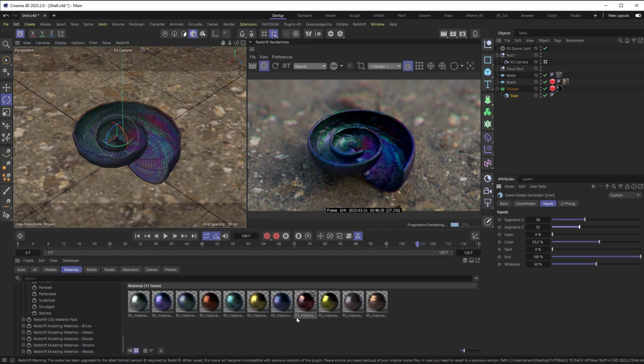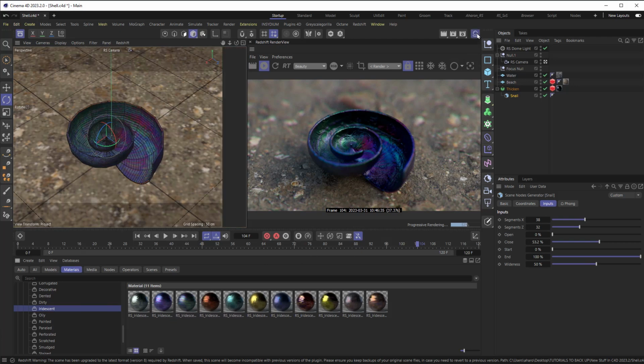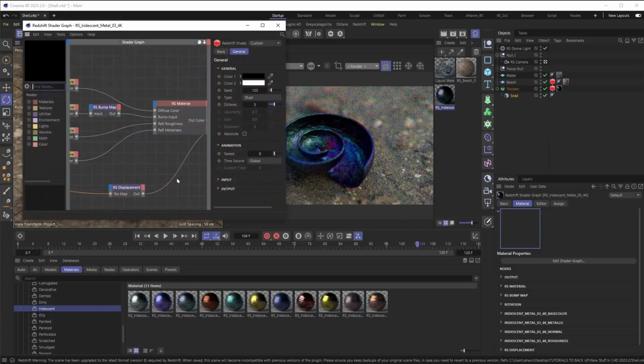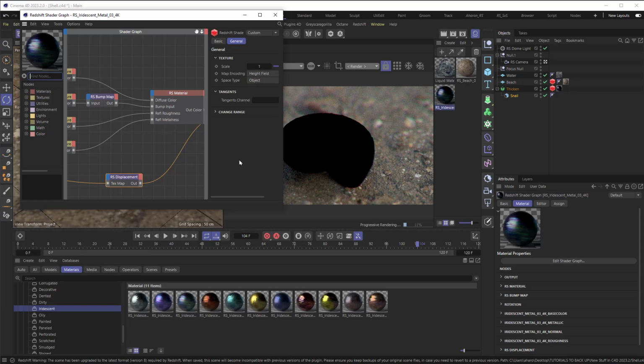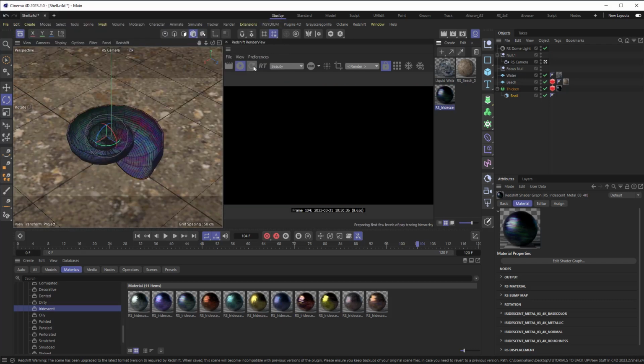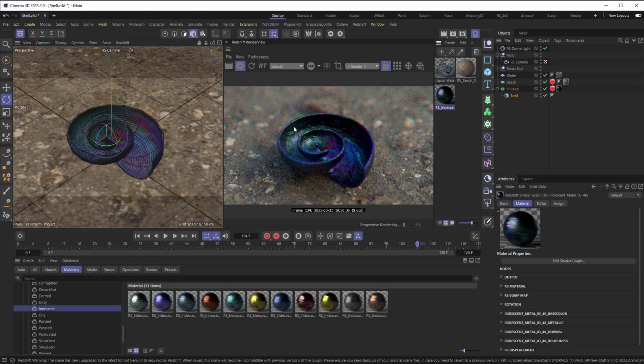I have a really beautiful iridescent material that I got from the pixellab.net in their imperfect metals collection. So you can see a lot of cool stuff, and I applied that. And the only thing I did to that material was, here, let me open this up. I went into the material and I added in a displacement map, and that's being used to control some of the bumpiness on it. And here, if I just restart this right there, all these little ridges and all these little bumps you're seeing on the inside, they weren't actually part of the geometry, but this is helping to